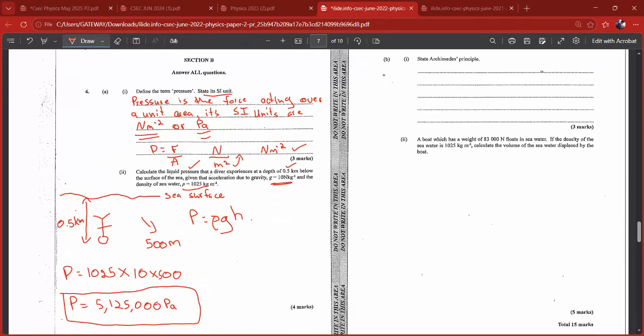So Archimedes' principle states that when a body is completely or partially immersed in a fluid,